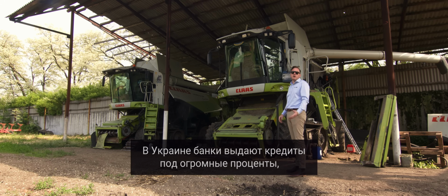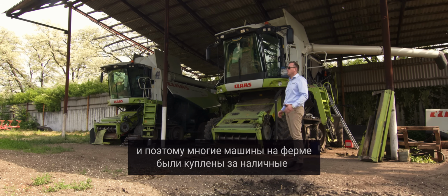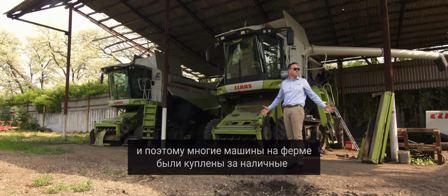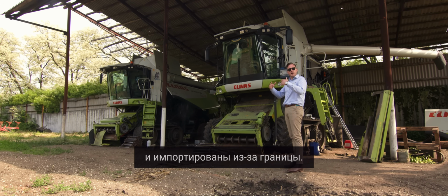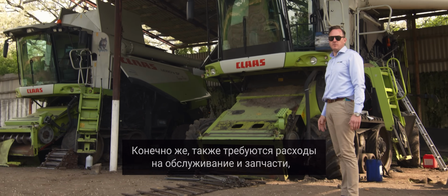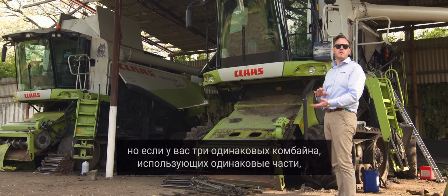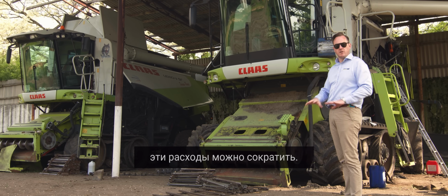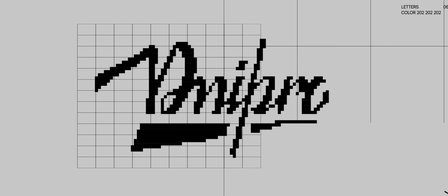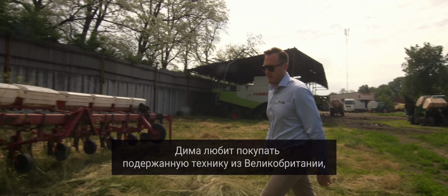In Ukraine, getting credit from the bank, you pay ridiculous interest. So a lot of the machinery he has here on the farm was bought using cash, bought from abroad and imported. It requires a little bit more maintenance and the cost of spare parts, but obviously having 3 combines that are the same, they can share the parts, and that can cover the cost a bit better. So Dima likes to buy a lot of used machinery from the UK,